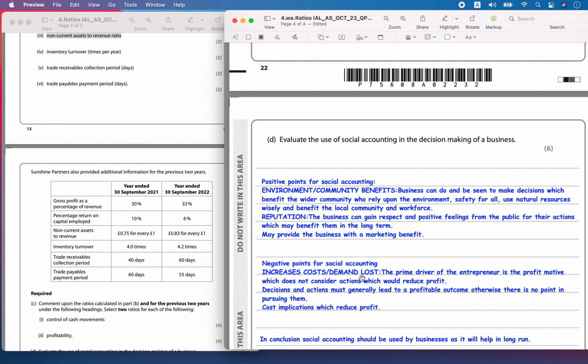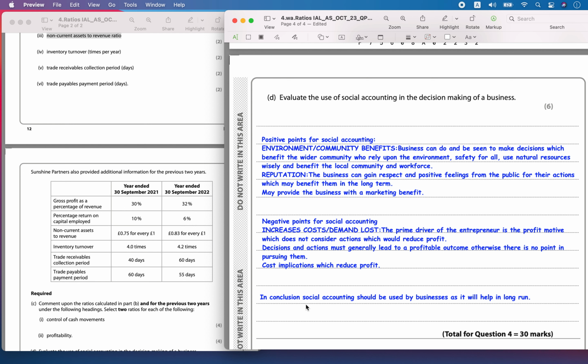And there will also be increased cost because profit is not the only motive now, and you have to account for several factors such as safer use or less use of natural resources and stuff like that. So it will have an implication on the cost. This can affect the profit. So in conclusion, social accounting should be used by the business because it's going to help in the